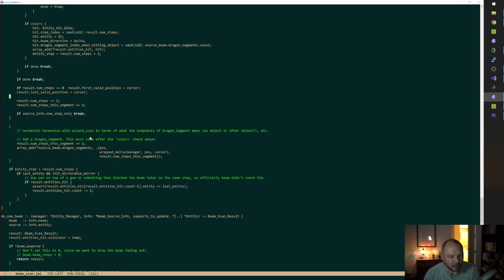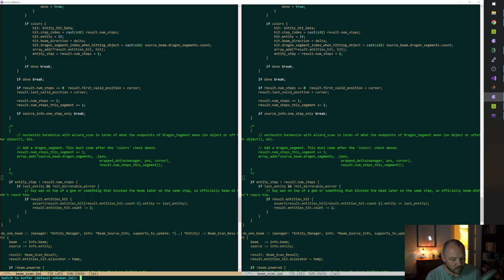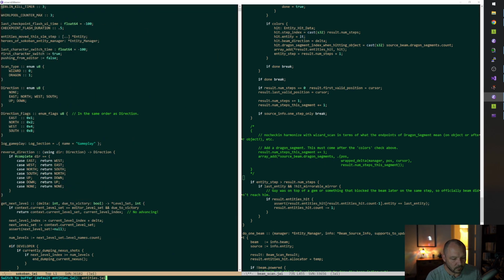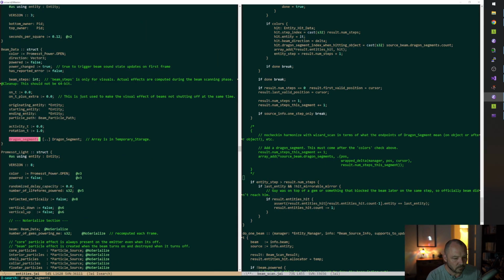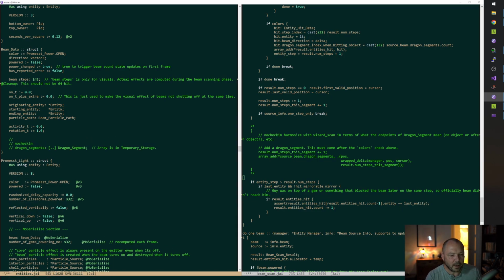So instead of adding to dragon segments every segment, okay, we're not going to have dragon segments. We're going to have position samples, beam position sample.